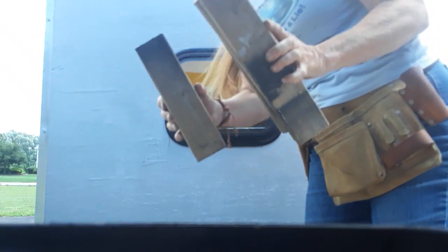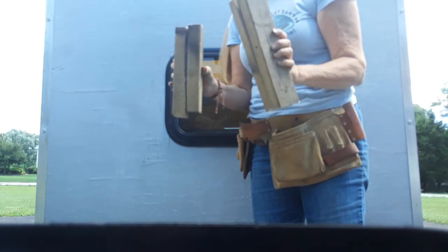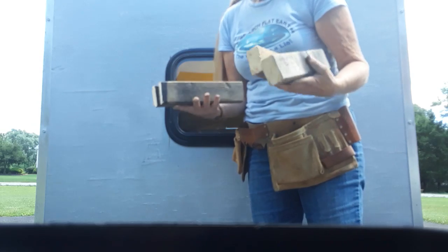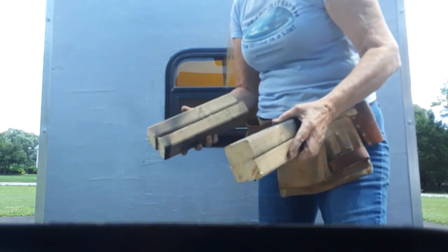See, I had cut these 2x3s here, 2x3. It's a lighter weight. It's not quite a 2x4 that you use for studding up walls and whatnot. It's just a lighter, smaller wood. But